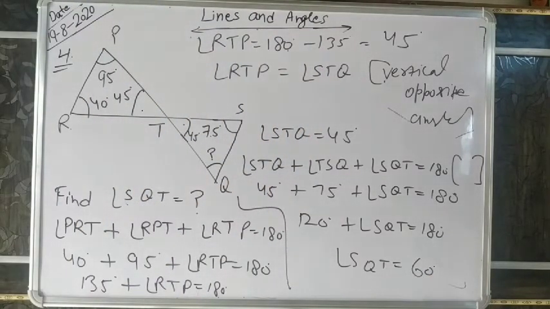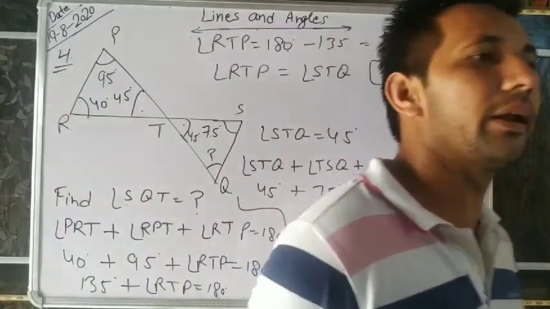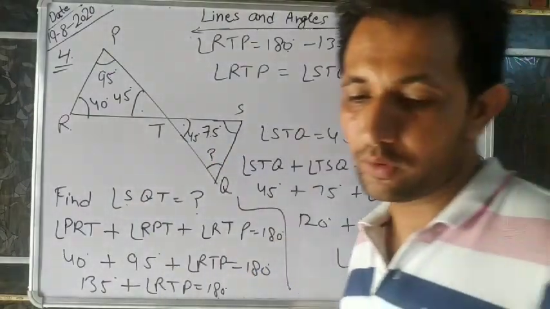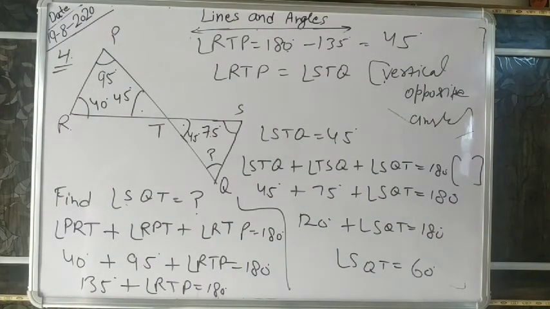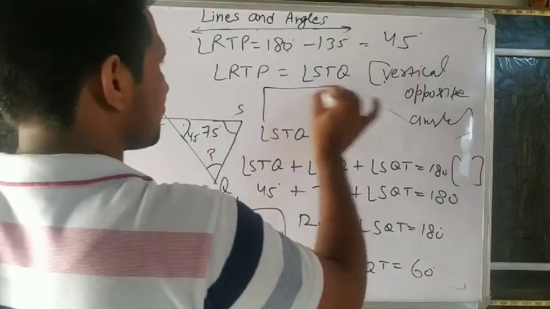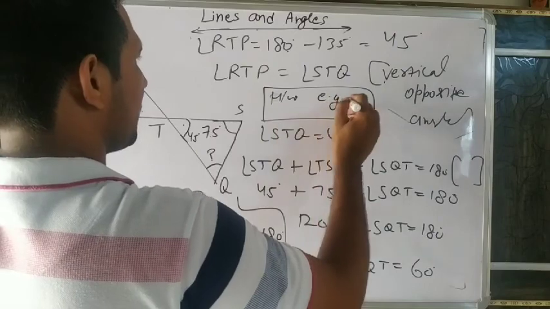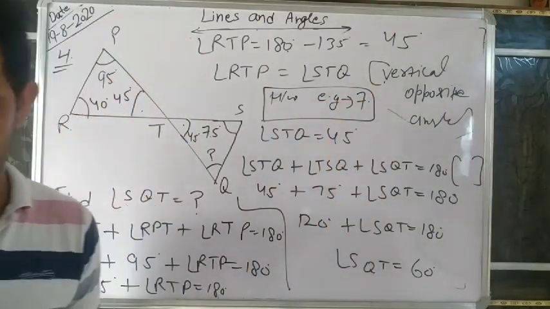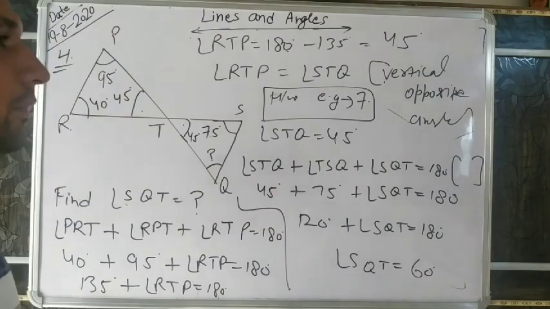I already explained all 4 parts. Only 2 questions are left, question number 5 and question number 6. Understand it? Tomorrow we will finish this chapter, and after this I will take your problems and some more exam questions. And you will do some homework questions. You will write yourself in your notebook also. Example number 7, you will do yourself in your notebook. Understand it? Thank you everyone. Have a nice day.